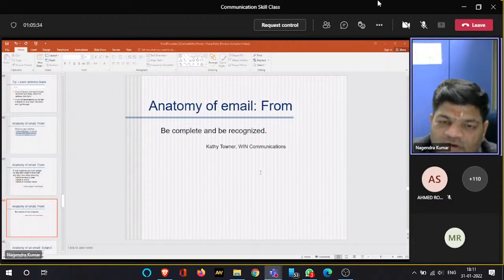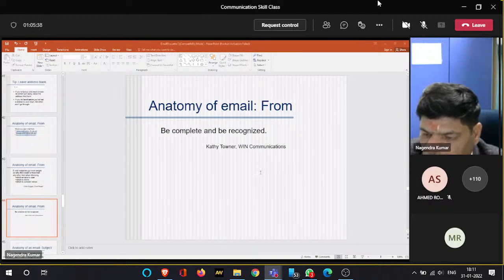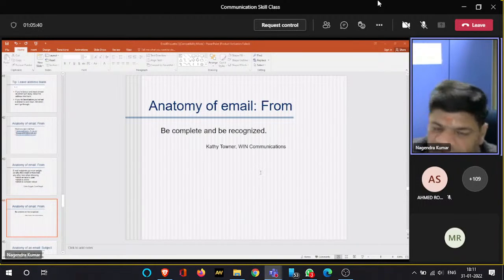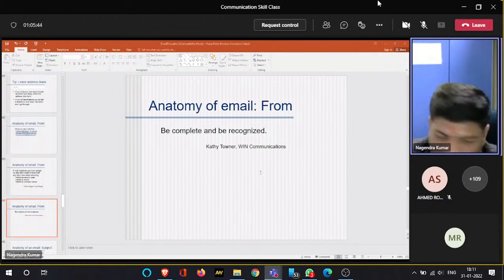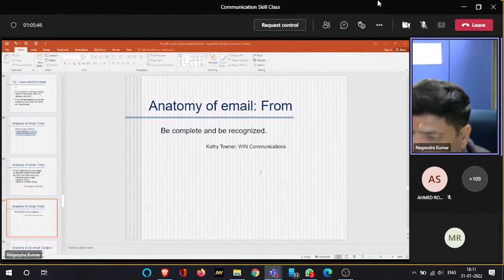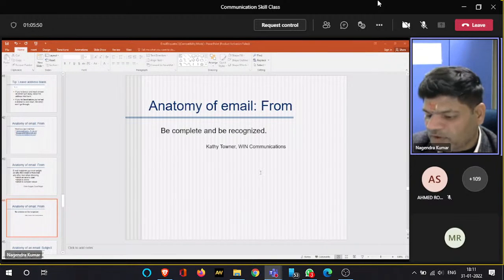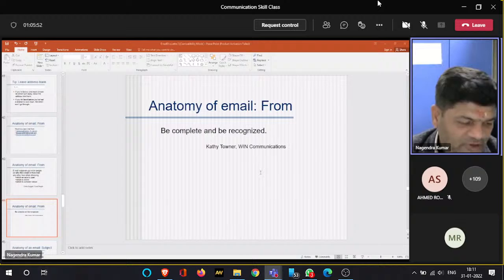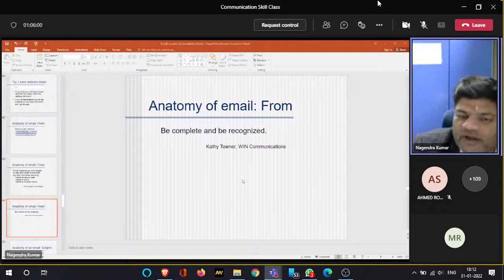A couple of times it has happened that somebody made a fake ID in my name and sent it to all my colleagues, students and contacts, saying that I need money and so on and so forth. And the moment I came across it, I issued a disclaimer that this is a phishing mail and not to reply to it. So, this is really important. I appreciate